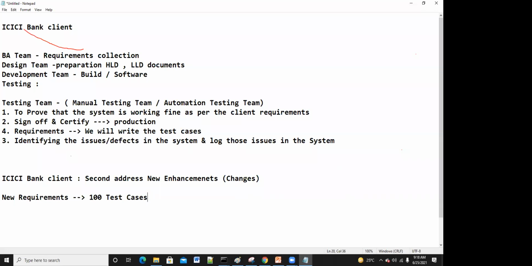And one more point, the application is already being used by end users everywhere. The team is using it, and in production all the users and everybody is using it. So that means there are some existing functionality or requirements.